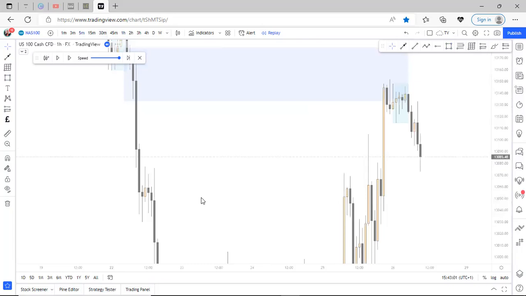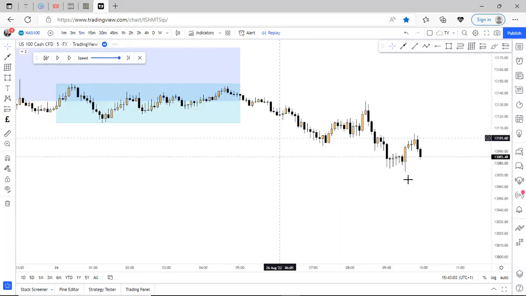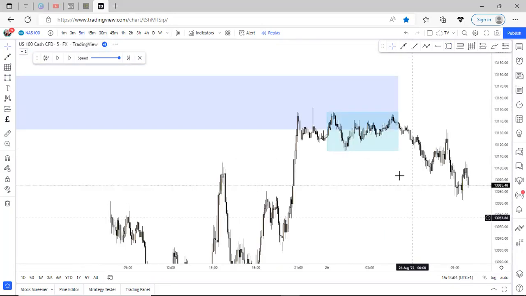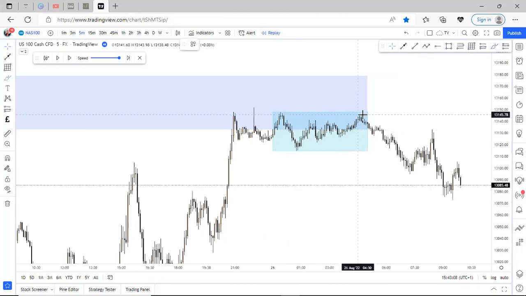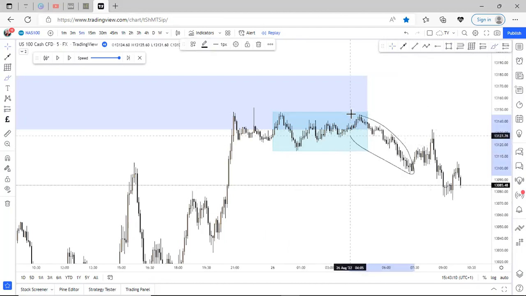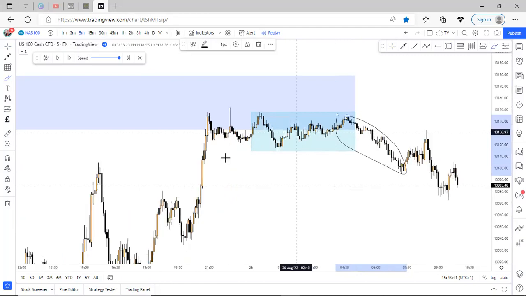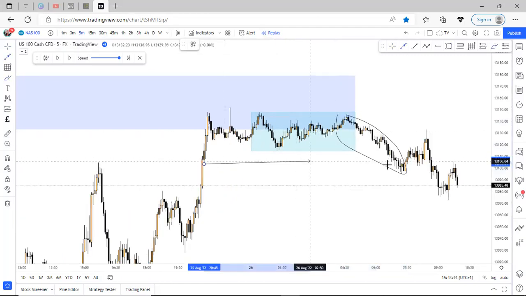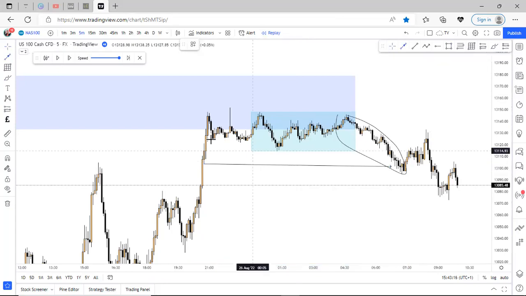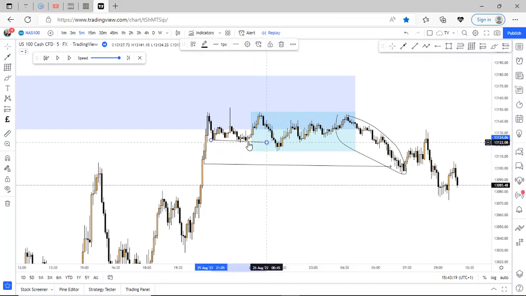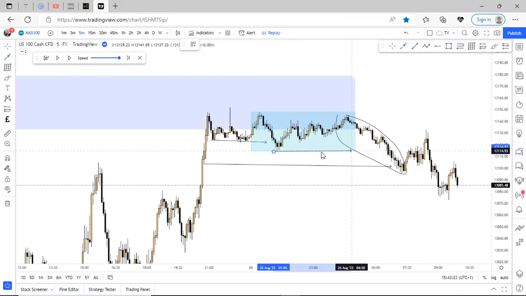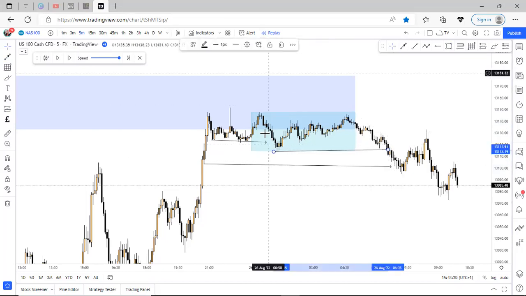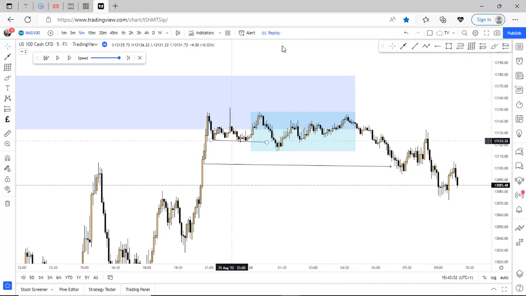I went down to the lower time frame, and when I got to the chart this morning, price had already printed this. As you can see, we have a perfect break of structure right here. We also have a break of structure right there. We also took out this low, and the Asian range low was grabbed as well. So I saw reasons for shorting Nasdaq this morning.